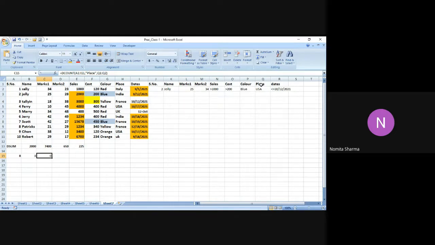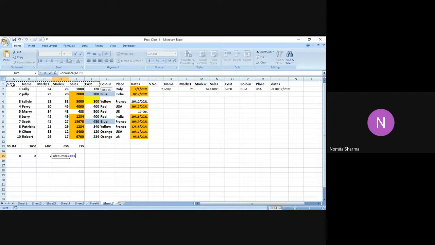Can anybody make out? I told you that the DCOUNT function is going to calculate only the numeric values. If we want to count the text values, then we have to use DCOUNTA. So let me write A after DCOUNT, and let me see whether it gives me the answer 2 or not. And it has given me the answer as 2. So DCOUNTA, please remember, is going to count the text values that are there in the particular field.